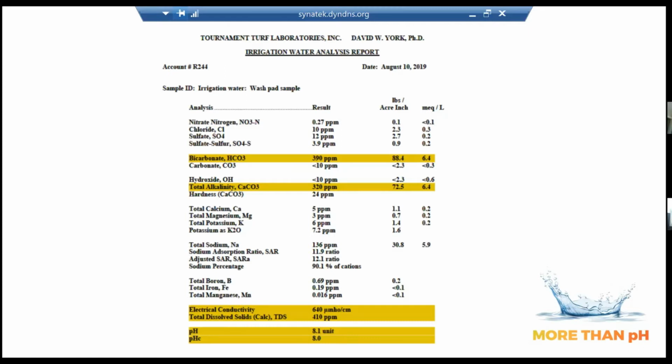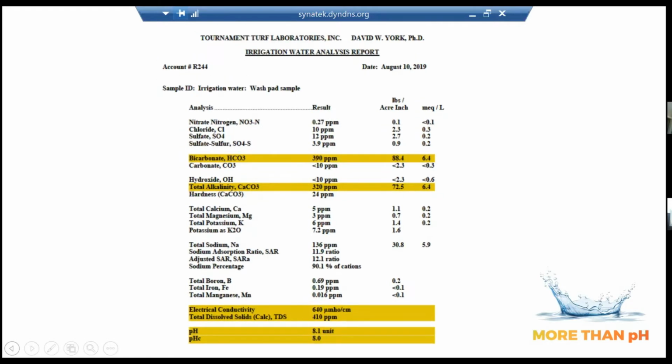But I wanted to show you this because we're going to come back to this test at the end of the talk, and these highlighted areas we're going to go over a little bit deeper into what you're going to be seeing and how they can be corrected. More importantly,